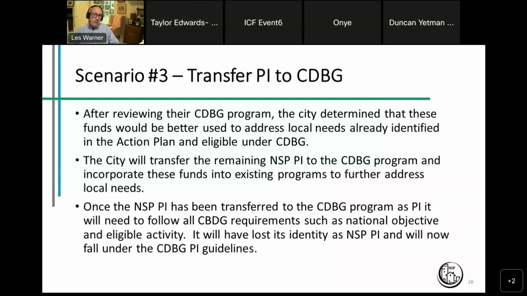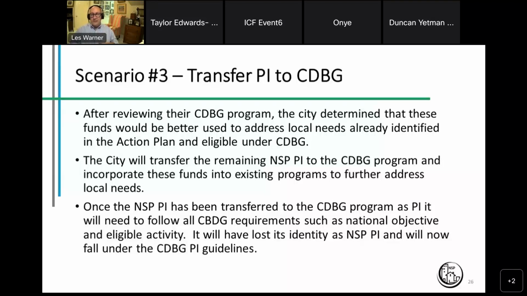And so the city would then go through the process that Onye was referencing of transferring that remaining NSP program income to their CDBG program, and then either incorporating that into existing programs that they already had, or it could be that you were adding additional activities under your CDBG program that perhaps you had not been able to fund in the past. So keep in mind that once that NSP program income has been transferred to the CDBG program,